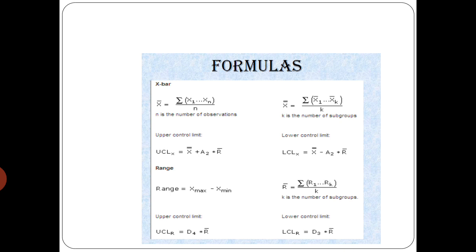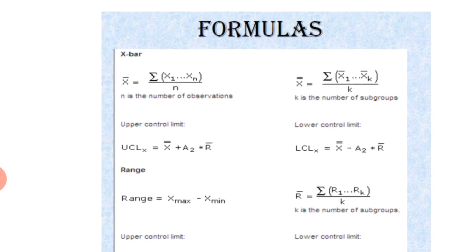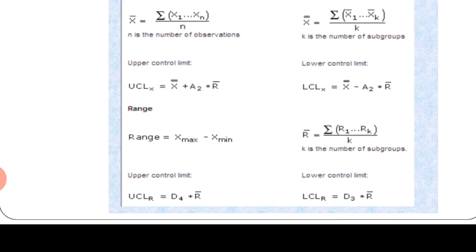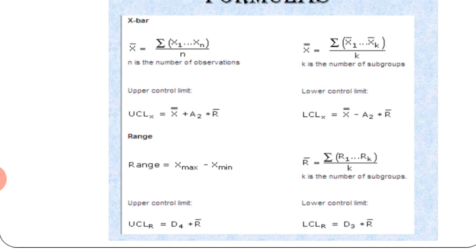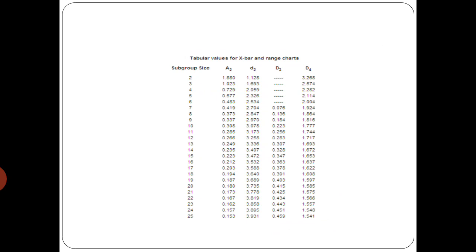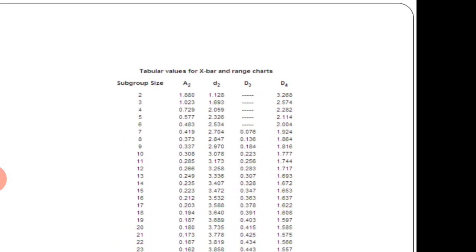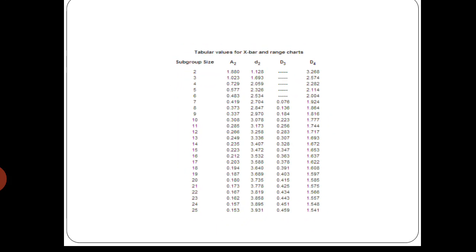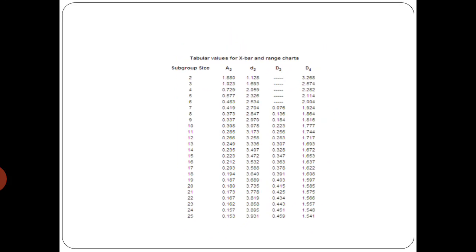So in these formulas, you just see there are three terms which you don't know: A2, then D3 and D4. These you don't need to worry about, these are constant values which you can get from the statistical tables. Like in the design data handbook, you take the values from the table. Similarly here also you just take the data directly from this table. In books it is usually given at the end of the book.